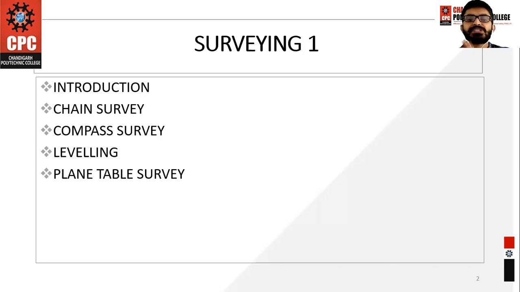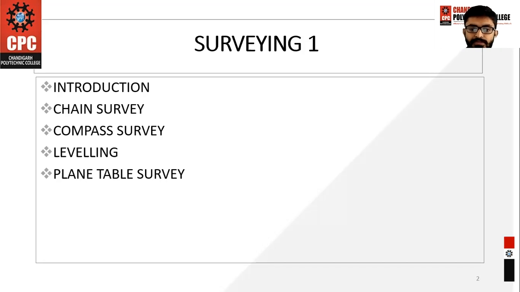So next is the plane table survey. What is the plane table survey? A plane table would be given to you, and there are several pieces of equipment with the plane table, like the LE will be provided, and the ranging rods are provided. So these are the things which are needed in the plane table survey. With the plane table, the field work and the office work are done simultaneously. This is one of the best advantages of the plane table survey.